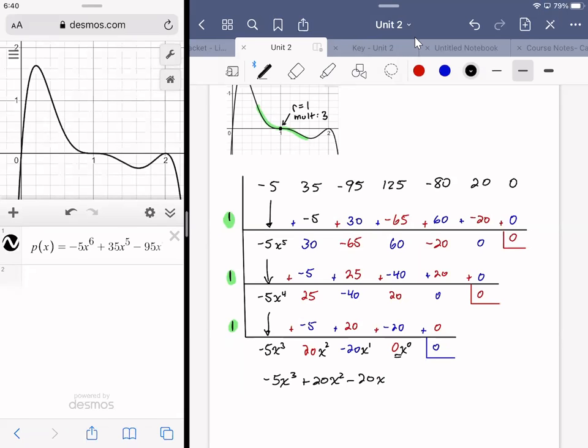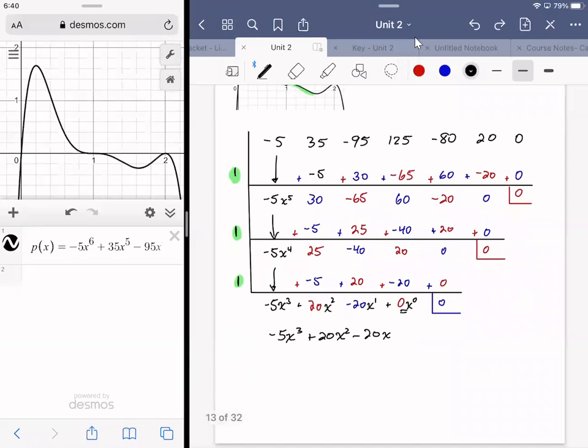So the 0x to the 0th is gone. I'm not worried about that. I have to put a little plus sign in there for fun, but this is irrelevant. This one, we don't care about it. 0 times anything is 0. All right, so I look at it and say I got cubic, but if I set this equal to 0,